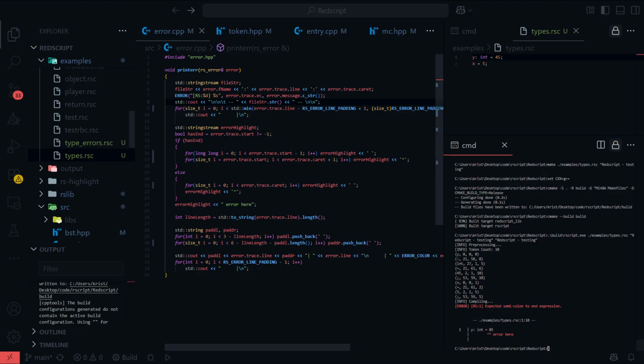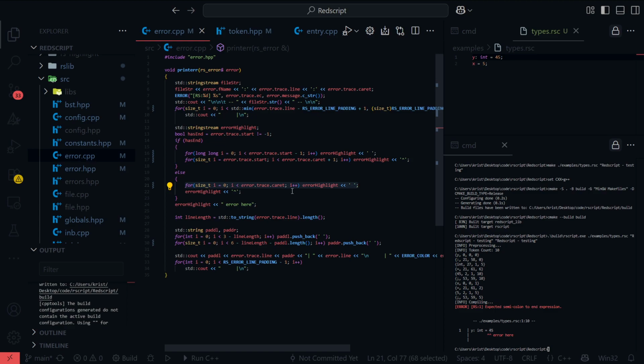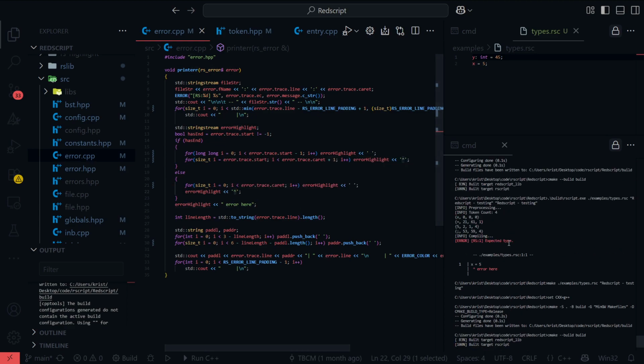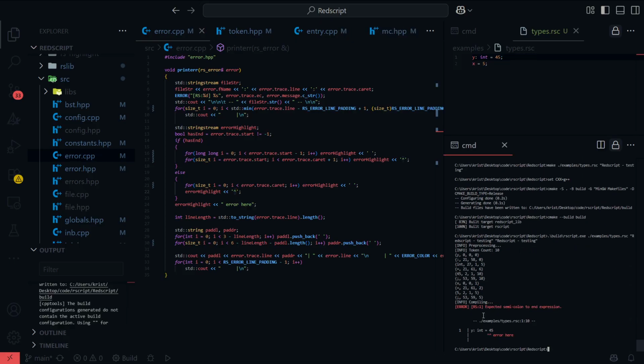There's two types of errors in RedScript. There's one error where the token is missing and it's a one character token. That's when this comes into play, right? We print how many spaces we need and then we print one token. And you can see up here, that's also off by one, and down here, also off by one. But here, it's a bigger token that we're dealing with.